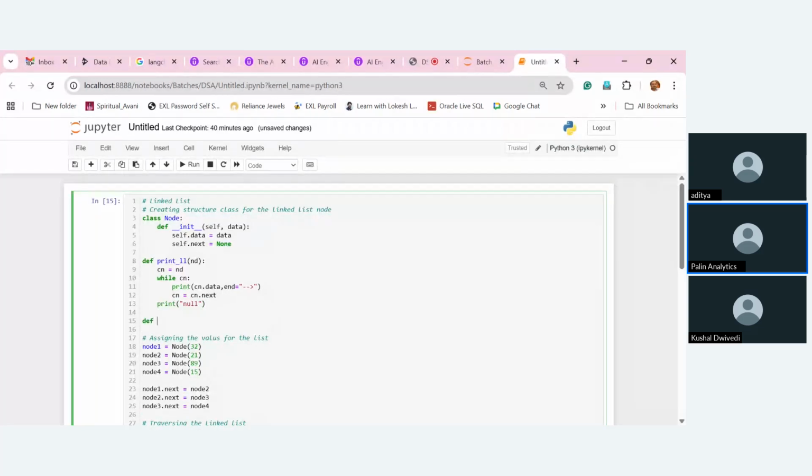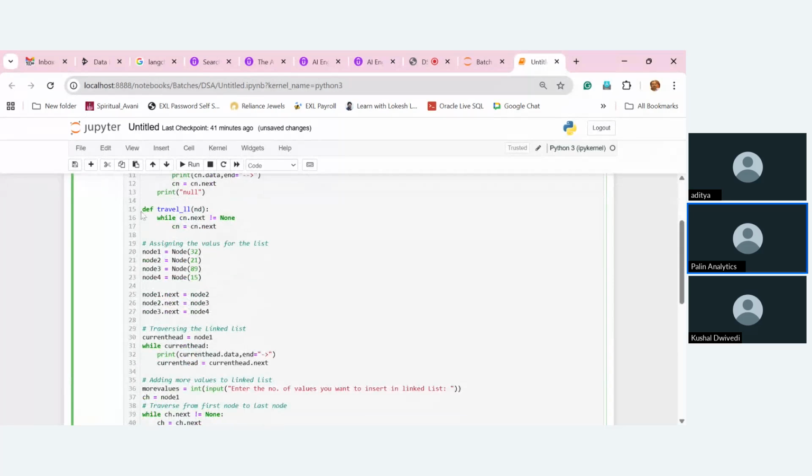So def travel linked list, and here I am taking nd as input, and simply printing while cn.next is not equal to None, and here just cn is equal to cn.next. Okay, so this is for printing the entire list, and this is for going from the first element to the last element